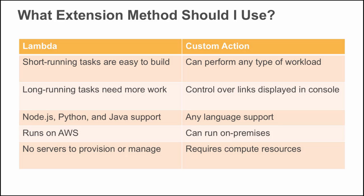You do have the ability to support longer running tasks with Lambda. In this case, we have a concept of what's called a continuation token, but there's a bit more work involved in terms of managing that workflow. Lambda functions today have a 5-minute timeout, and so this is something that you have to take into account in terms of how you would manage a long-running task with it. With Lambda, we support three languages today: Node.js, Python, and Java, whereas a custom action could potentially be done in any language that you wanted it to, as long as it spoke the API that CodePipeline uses for its interfaces